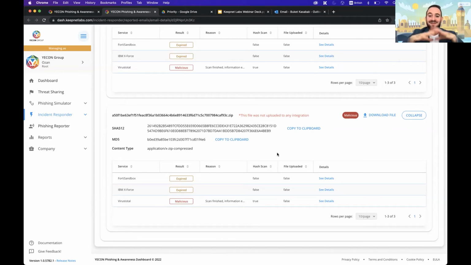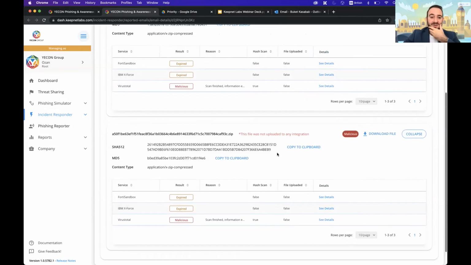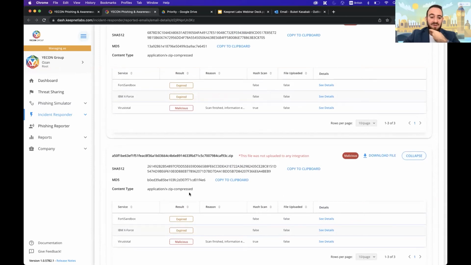This ability increases the detection rate. The second benefit is analyzing the reported email thanks to third-party integrations and responding back, saving detection and analysis time. And third, and very important,